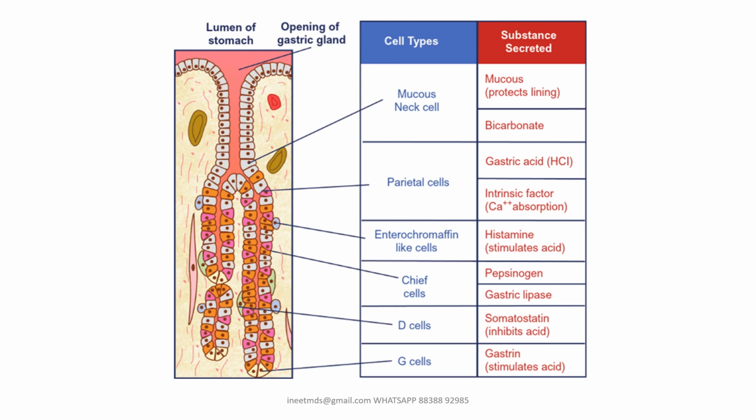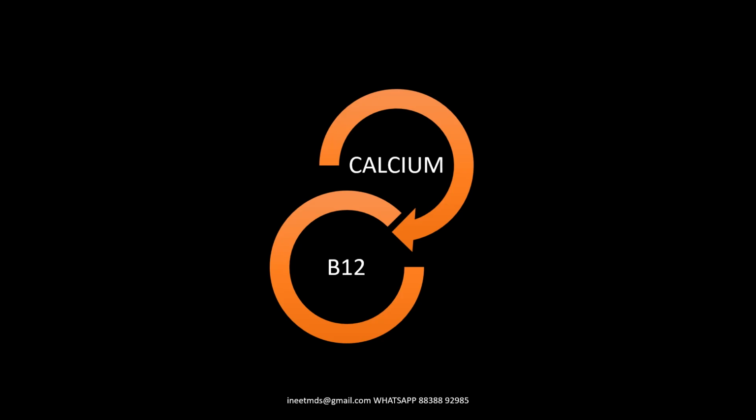These two combine and this process is a calcium dependent process. After the combination in the ileum, B12 gets absorbed into the blood. So, this B12 absorption is a calcium dependent process. Because of that reason, whenever we see a patient with pernicious anemia, we give